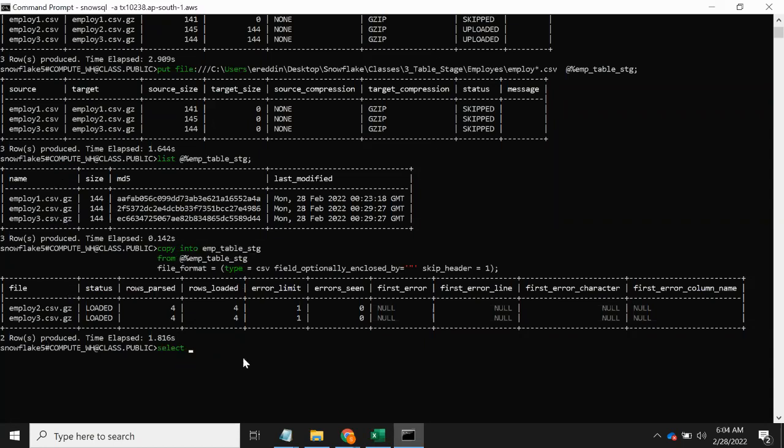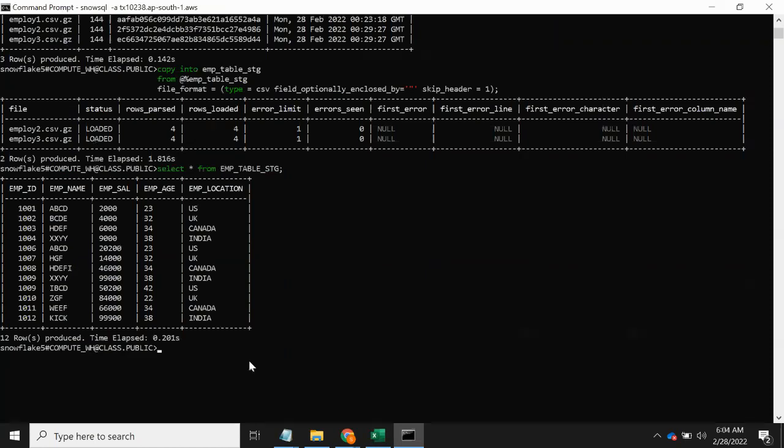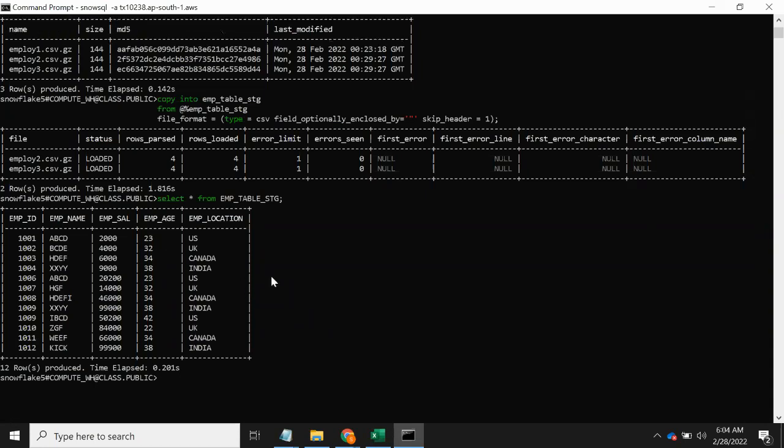Now check this one, select star from the table, employee table stage. See this one, each and every one of the three files has around 4 records. So you can see around 12 records here. So all the files have been loaded to this particular table. Now